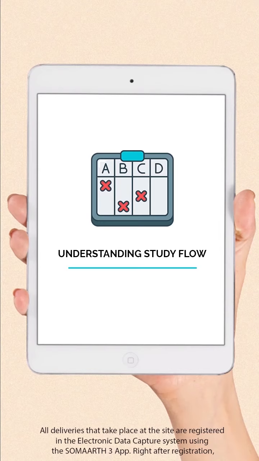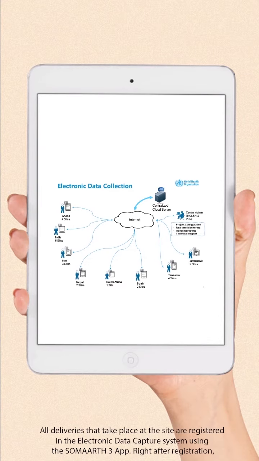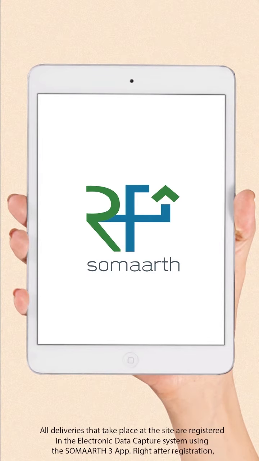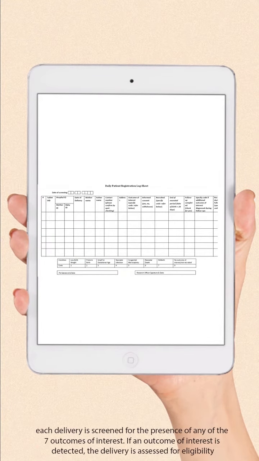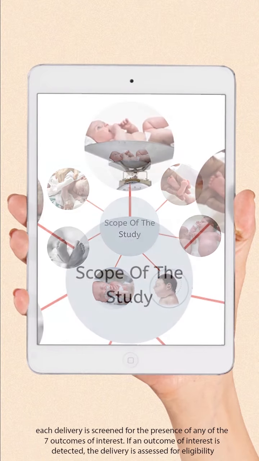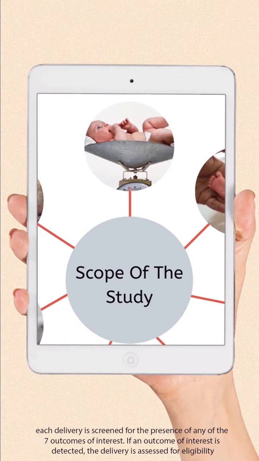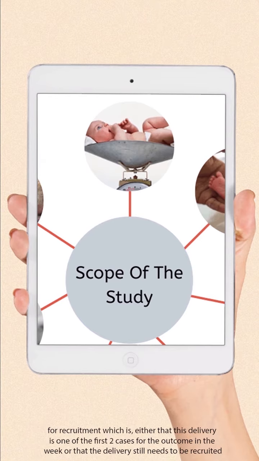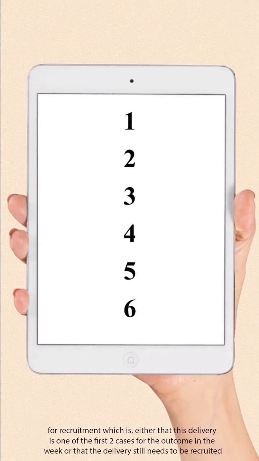Understanding study flow. All deliveries that take place at the site are registered in the electronic data capture system using the Somarth 3 app. Right after registration, each delivery is screened for the presence of any of the 7 outcomes of interest. If an outcome of interest is detected, the delivery is assessed for eligibility for recruitment, which is either